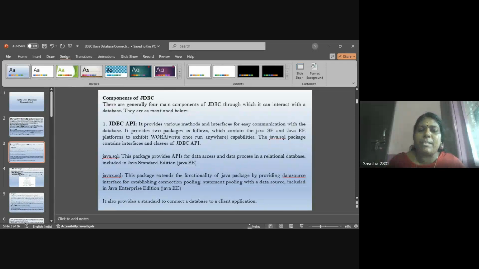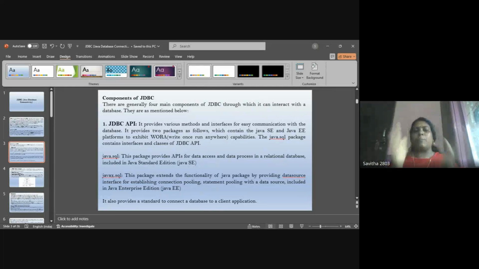When we implement JDBC activities through a Java program, we import the java.sql package, which contains all the interfaces and classes related to the JDBC API. So this package provides all the classes and interfaces which support JDBC connectivity for the Java Standard Edition or Java Enterprise Edition.